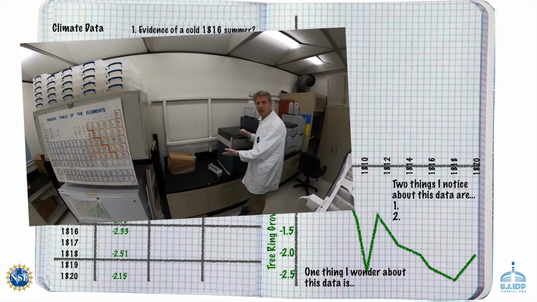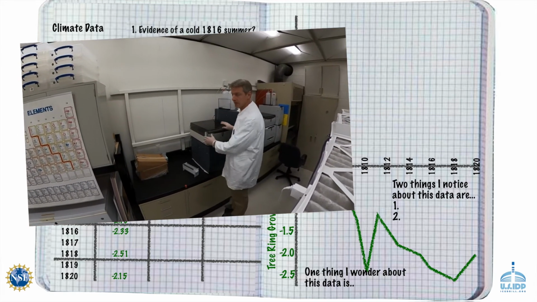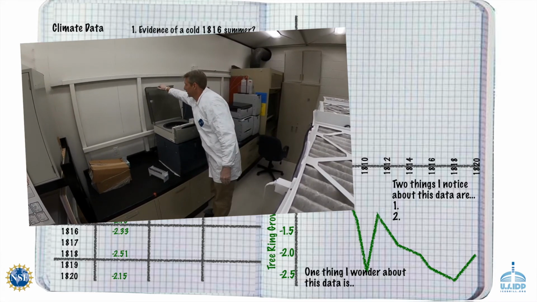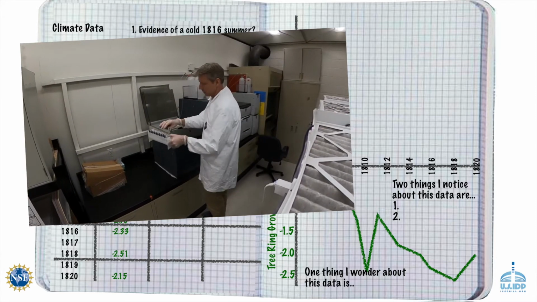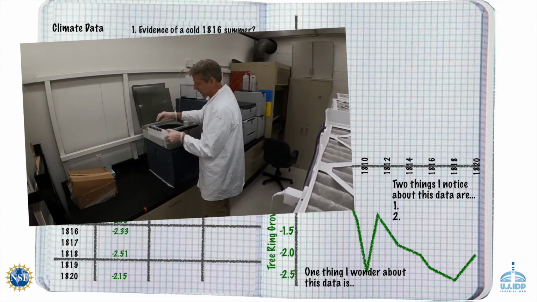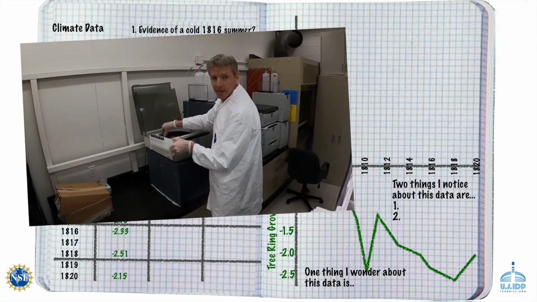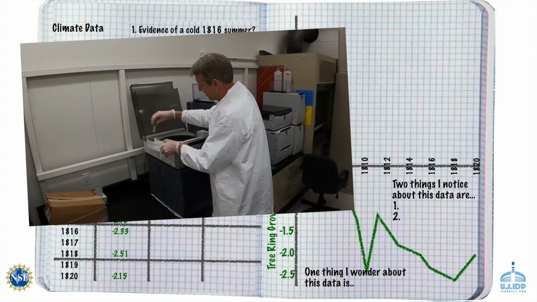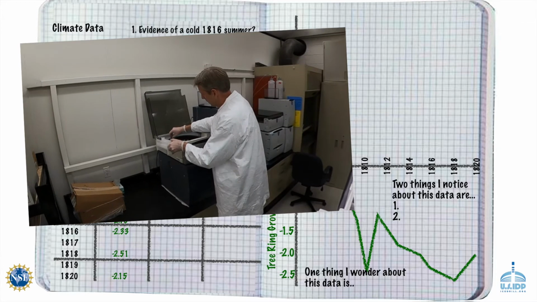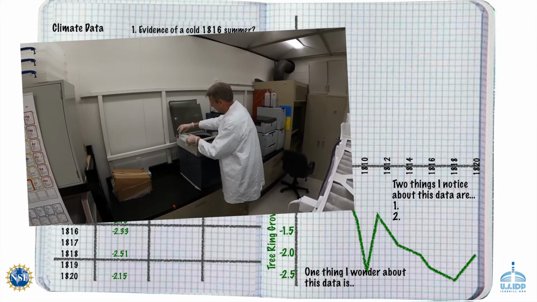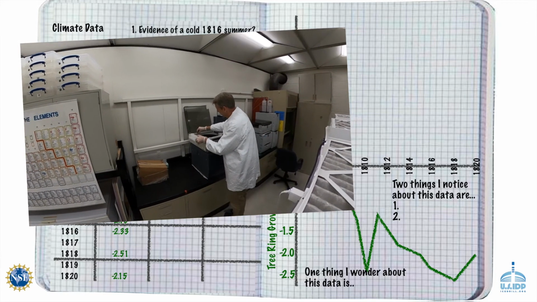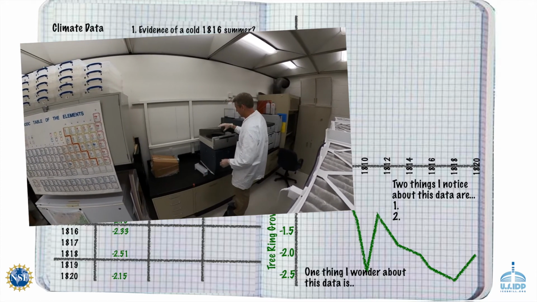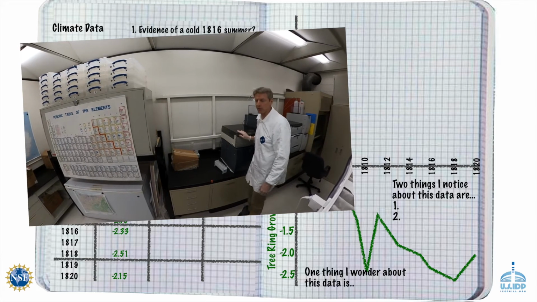Alright, so now we've got all of our samples ready to load into the instrument. This is an ion chromatograph instrument. This will measure the chemistry of each one of these water samples, looking for the major ions. So this will be things like the salt and the dust, the stuff that represents 99% of the stuff that's in the ice core. So once we've loaded this all up, we can launch the program, and it'll spend a couple hours and actually measure the chemistry of each one of these ice core samples.